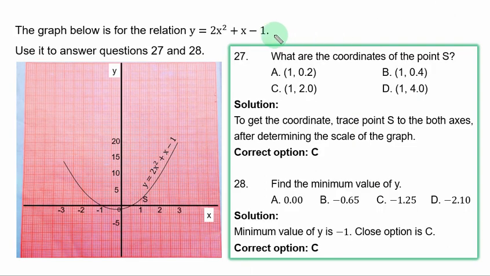The graph below is for the relation y equal to 2s squared plus s minus 1. Use it to answer questions 27 and 28. 27. What are the coordinates of the point S? You simply trace S to both axes, after determining the scale of the graph. So let's start by knowing the scale. The scale used is simply 2 cm to 5 units on